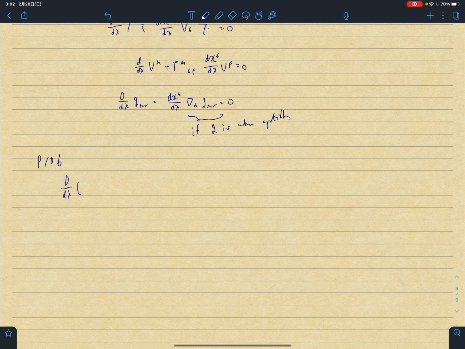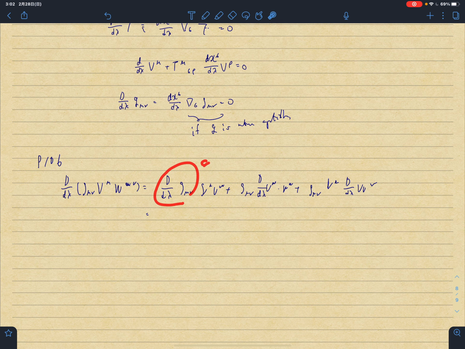D lambda G mu nu V mu V nu, D lambda D mu V mu, Z mu D lambda, G mu nu V mu D lambda V nu equal, and